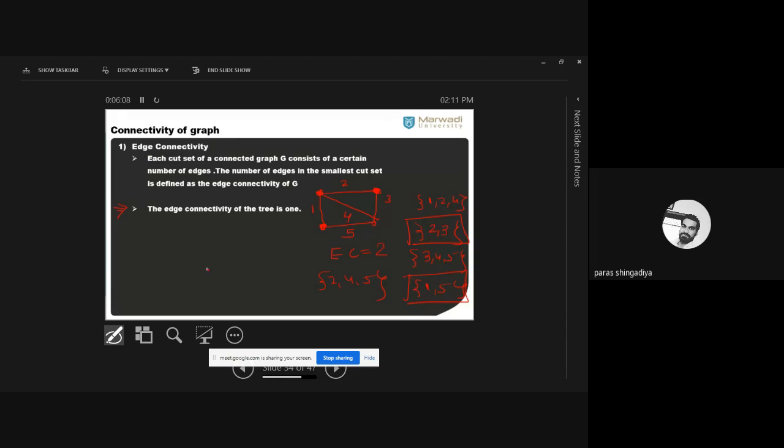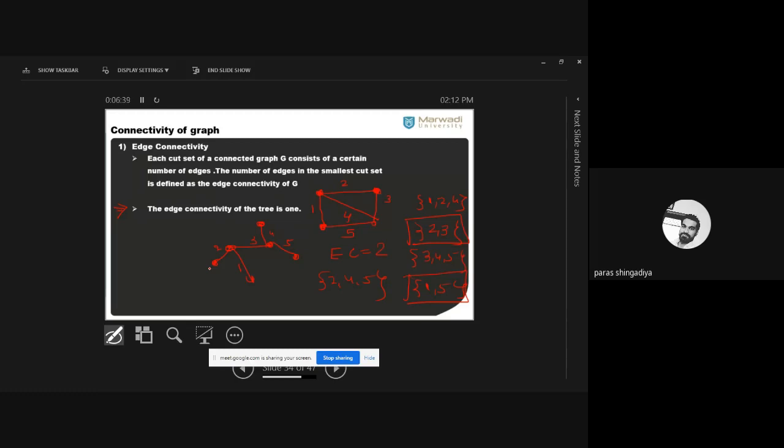ठीक है, if I consider this graph of a tree, ये ग्राफ है ट्री का. ठीक है, these are the vertices we have and edges. Clear? Edge notation 1 2 3 4 and 5, edges are there. ठीक है, अगर मैं सिंगल 1 को डिलीट करता हूँ देन ग्राफ में एक डिस्कनेक्टेड पार्ट. ठीक है, सिंगलटन 3 को आप डिलीट करो, 5 को डिलीट करो, 2 को डिलीट करो. ठीक है, these all are cut sets. ओके, single edge only, no combination of 2 edges and so on. Only a single edge is required to make the graph disconnected.